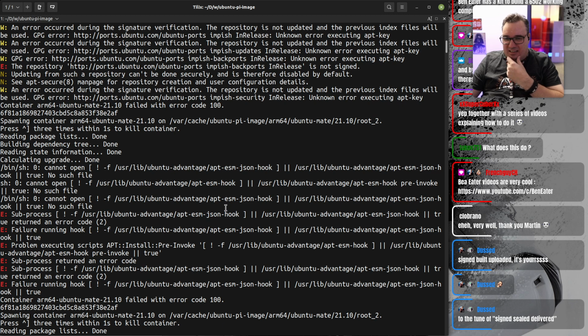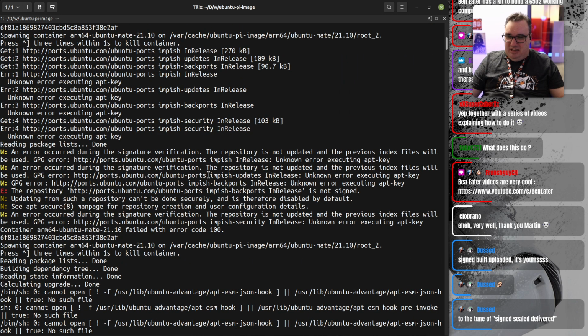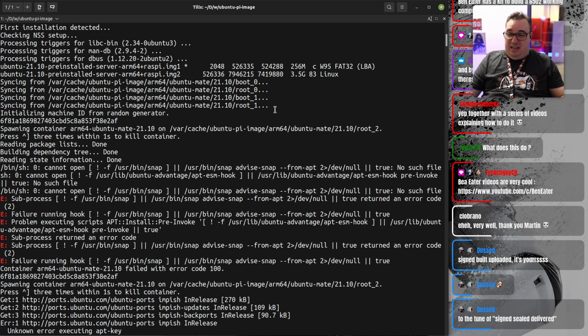Subprocess something or other. What on earth could that be? That'll need looking into. Can't open something. Okay, that's new. New since the last time I ran this anyway. But this up here copied all of the data out of the image